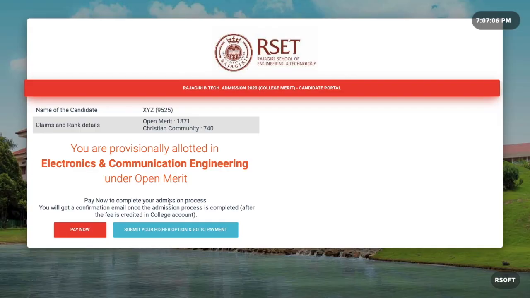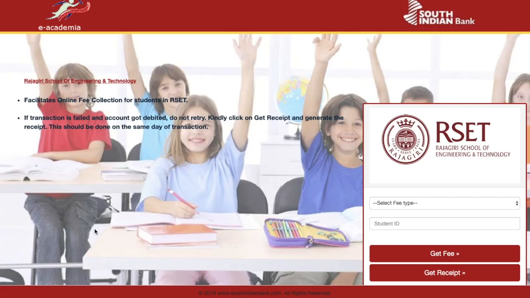Here there are two options. If you are satisfied with the admission, you can proceed for Pay Now. Or if you are not satisfied with the branch allotted, you can go to Submit Your Higher Option and then go to Payment. Now I have clicked Pay Now. Once I click Pay Now, I will be directed to a web page like this.